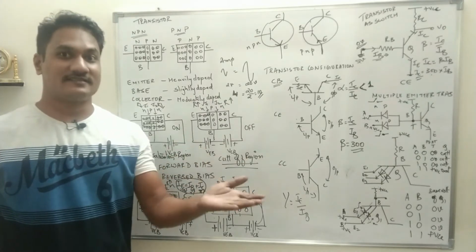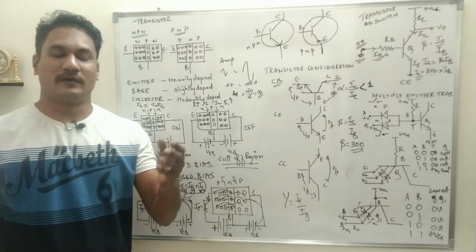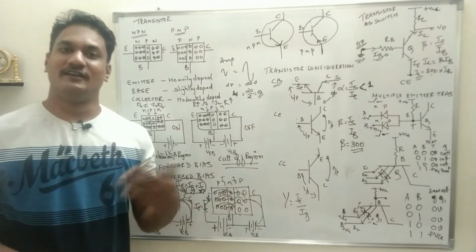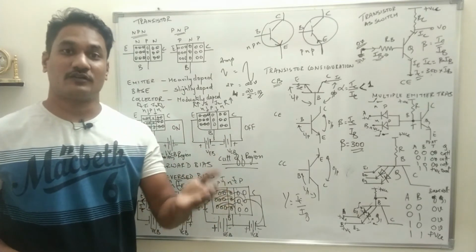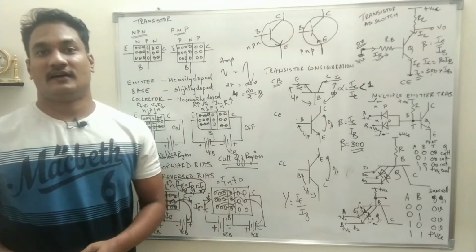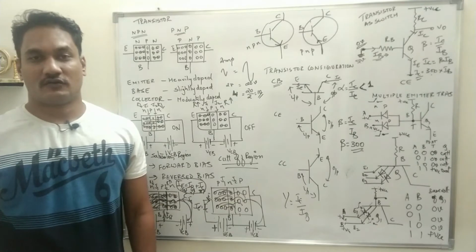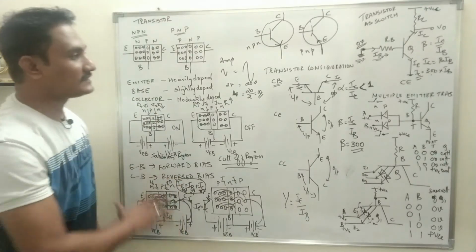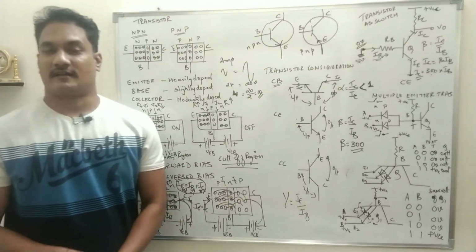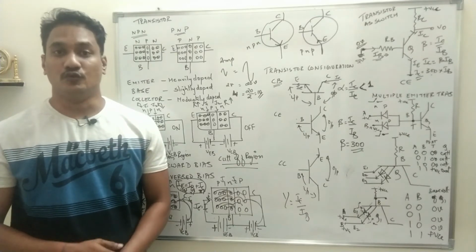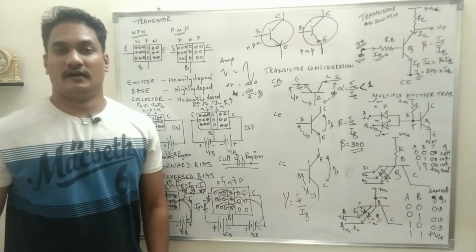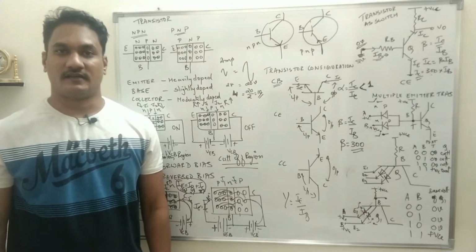So this is how a transistor can be used. Basically, gates are designed using transistors. So this is how transistors work as gates, or you can make the transistor work as gates. This is the basics of the entire transistor, and this is what we are going to use in TTL, transistor transistor logic.